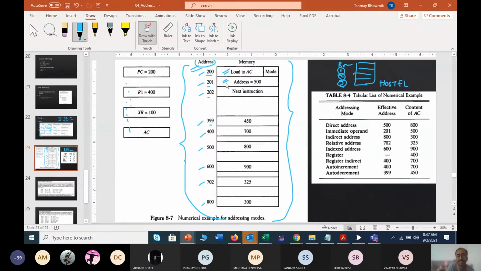In the next row, you will find the next instruction. So if you closely observe this table, this is only one example, one instruction, because the next instruction has been written in location 202. That is one more explanation.